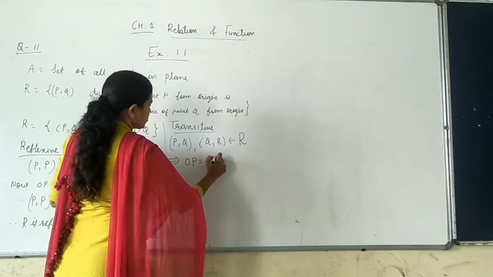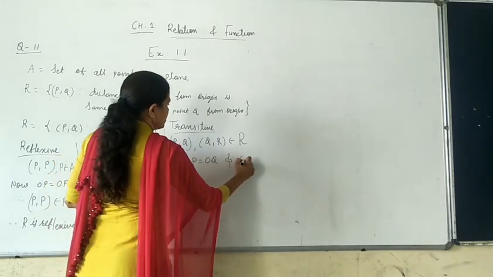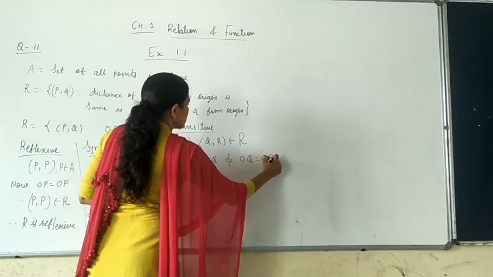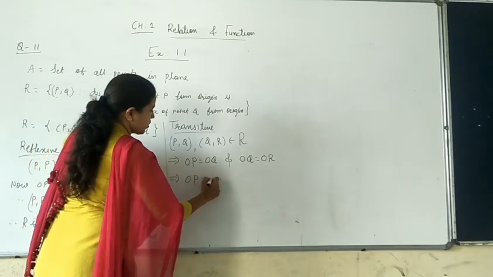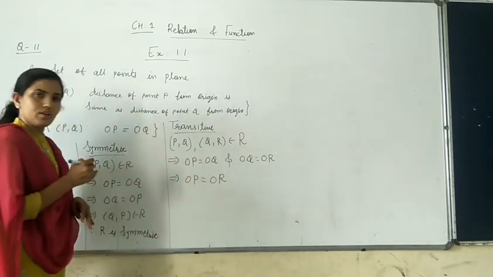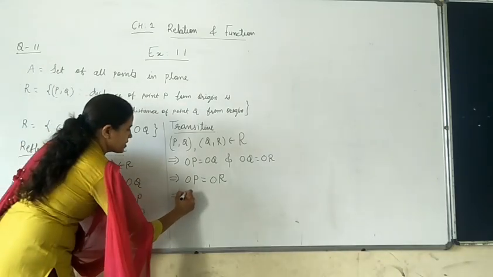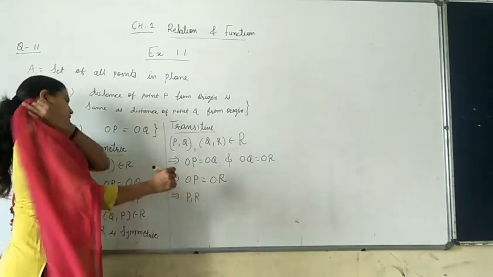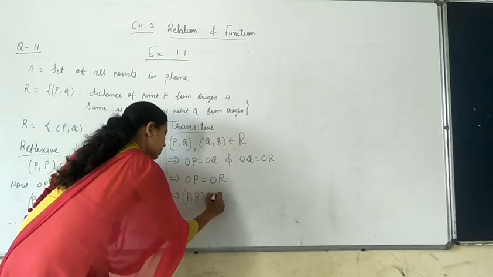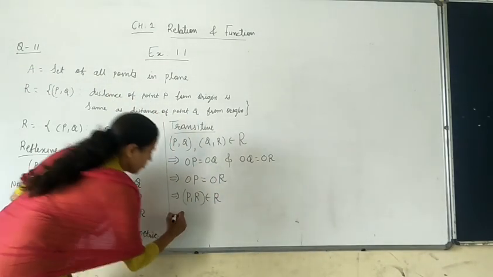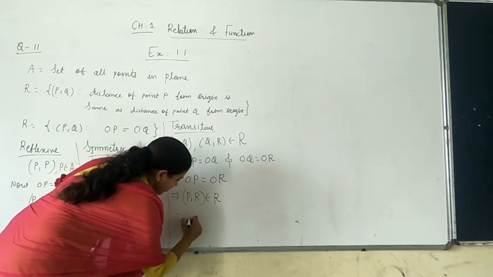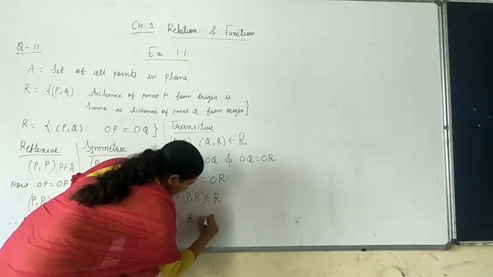OP is equal to OQ and OQ is equal to OR. So obviously OP is equal to OR. So that means (P, R) belongs to relation R. Therefore, R is